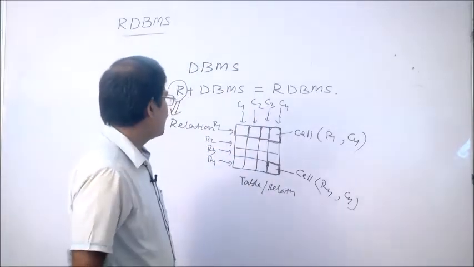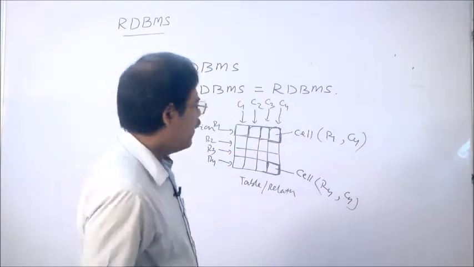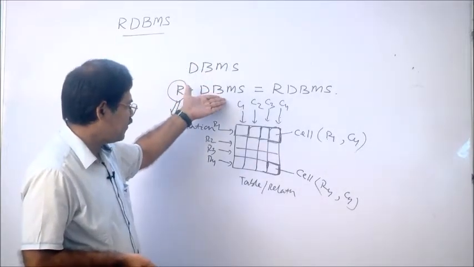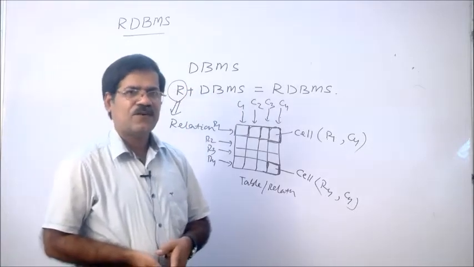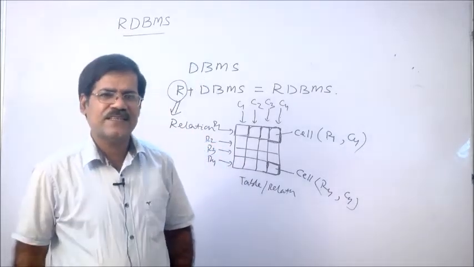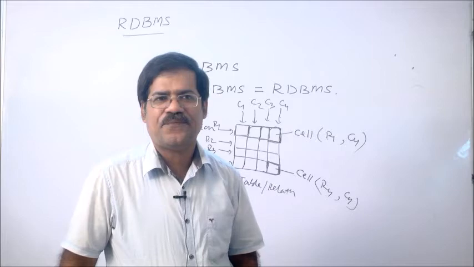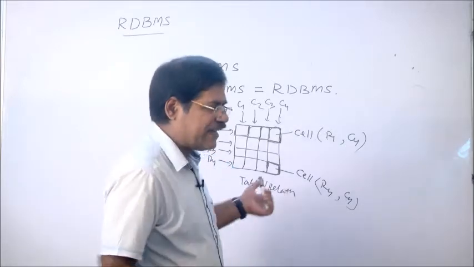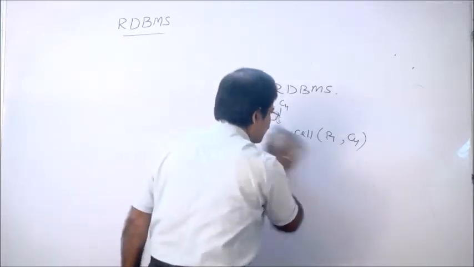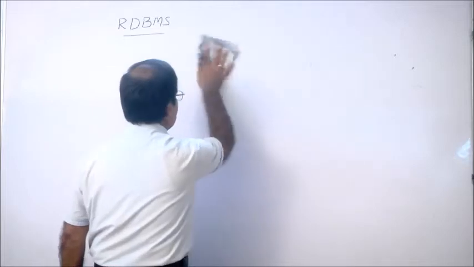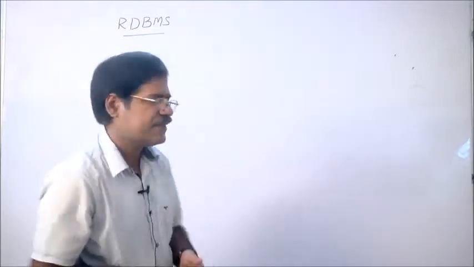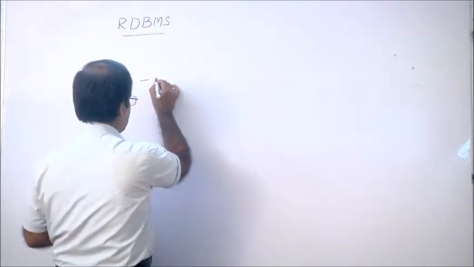So, our purpose is the new concepts. In general, what is present in DBMS is also present in RDBMS. What is present in C language is also present in C++, besides some extra facilities in C++ that are not present in C. The similar concept is here. The relational concept is added with DBMS, and we get RDBMS. So, what are the new concepts added beside the DBMS concept? Basically, we concentrate on transaction.